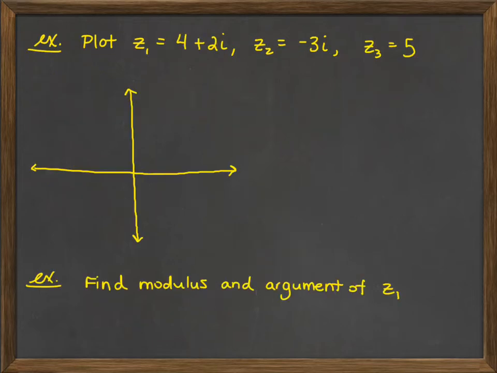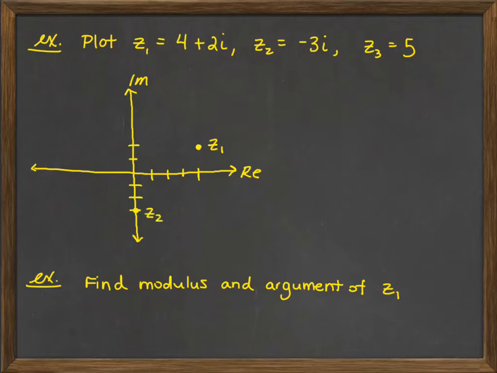So let's talk about plotting complex numbers. So if I've got 4 plus 2i, I have this coordinate system, and I'm going to label this as the real axis, and this is the imaginary axis. So in this number, 4 is the real part, which means I'm going to go over 4 on the real axis. And then 2 is the imaginary part, so I'm going to go up 2 on the imaginary axis to plot z1. Now if I'm plotting z2, that's negative 3i, and so all I'm going to do is go down 3 on the imaginary axis, and that's going to give me